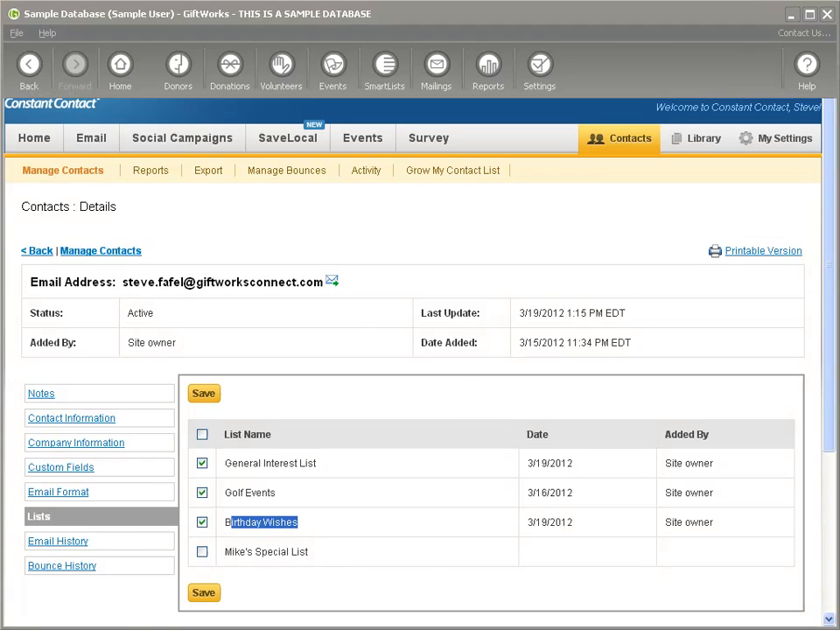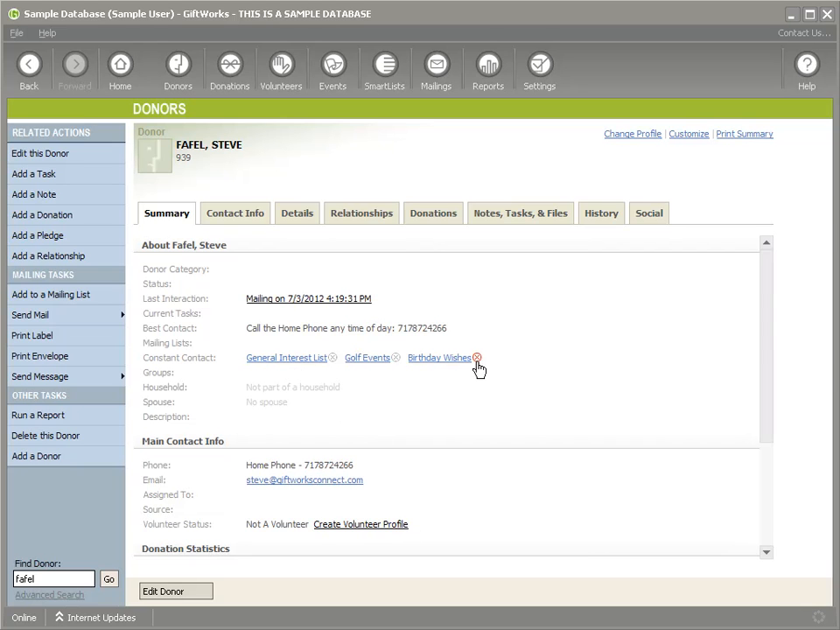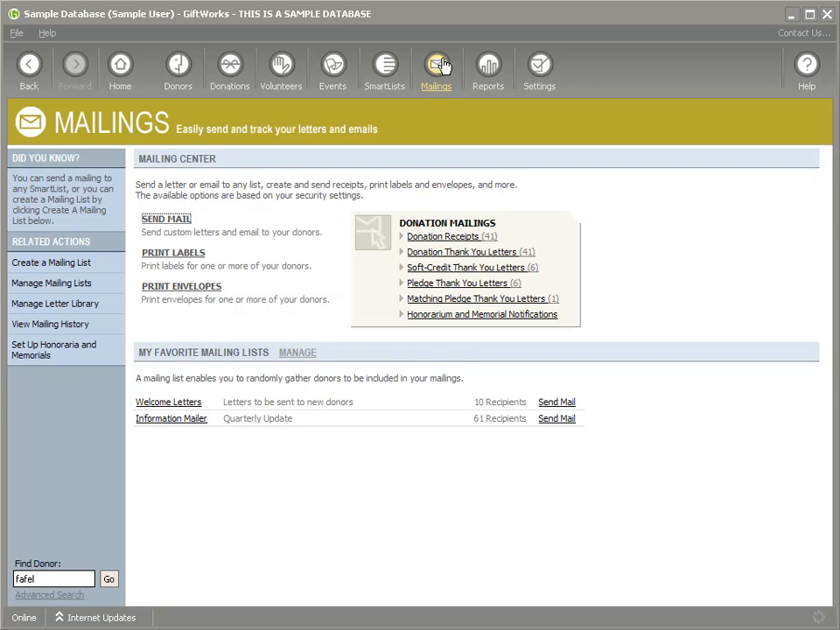If I go back to GiftWorks, I'm going to see that matches that list, and that's great. These are mailing lists. These are your Constant Contact mailing lists. Let me go over to the mailing list in GiftWorks, because one of the things that you're going to notice is that anytime you see mailing lists, there's going to be both GiftWorks mailing lists and Constant Contact mailing lists. Let me show you. If I go over to the mailing section and I go over to Manage Mailing Lists,